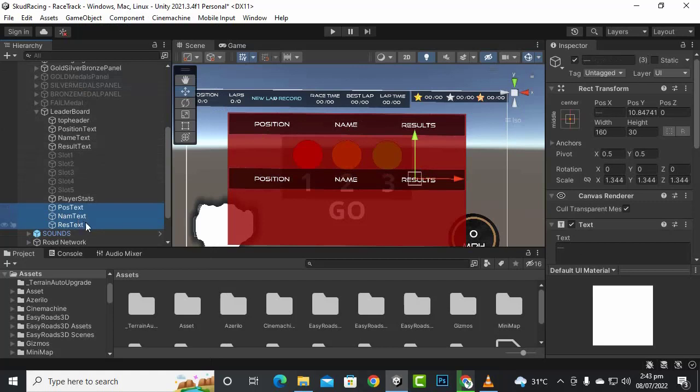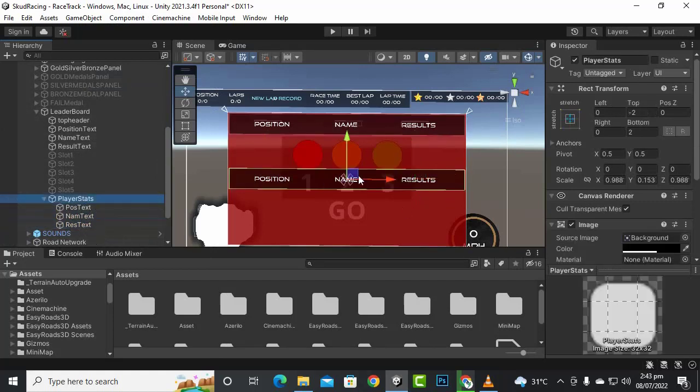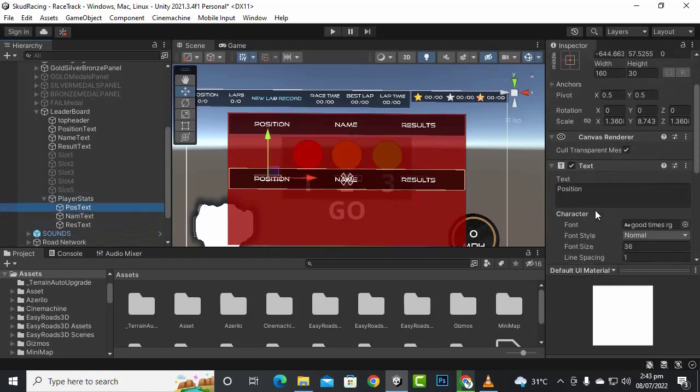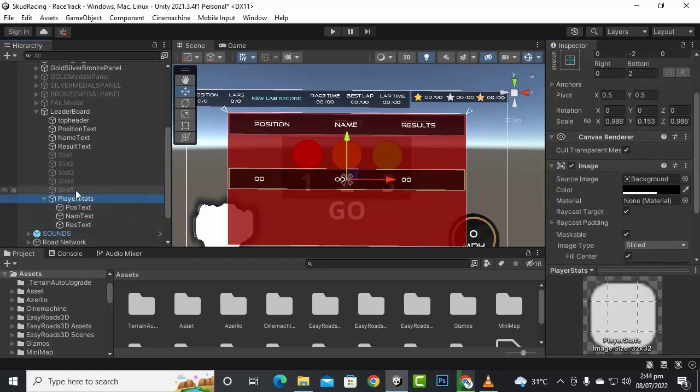And I will just select all these 3 items, and we'll just place it inside the player text. We can just change the position to 0, 0 0 like this, 0 0 like this for now, and definitely we will populate the data later on. So now we will get this player stats, and we will just change its name to AI black